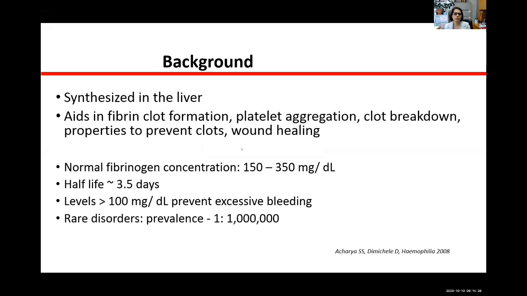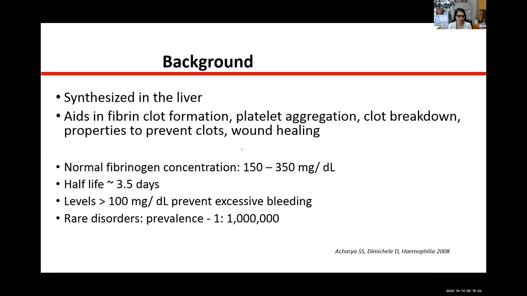So fibrinogen is synthesized in the liver and has a multitude of functions. After fibrin clot formation, exposure of some of the binding sites promotes the antithrombotic properties of fibrinogen. And this basically accounts for some of the symptoms that we see when the fibrinogen molecule is modified, either quantitatively or qualitatively. So you can have bleeding symptoms, and paradoxically, you can have clotting symptoms, forming blood clots in arteries